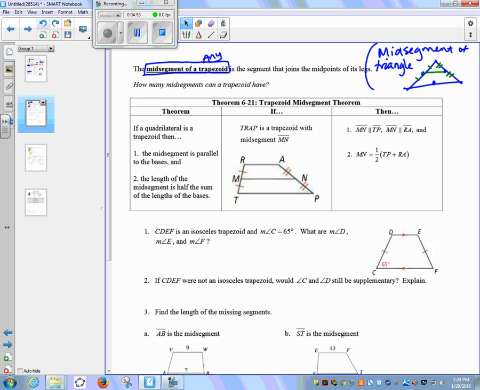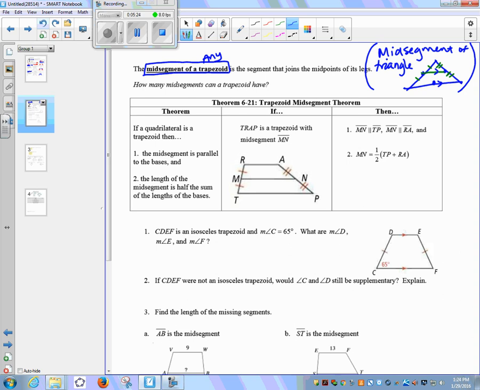The midsegment that is in a triangle, the theorem said two things were true. That midsegment was parallel to the third side and half the length of the third side. That was true about midsegments of triangles. A little bit different for trapezoids. The midsegment of a trapezoid,